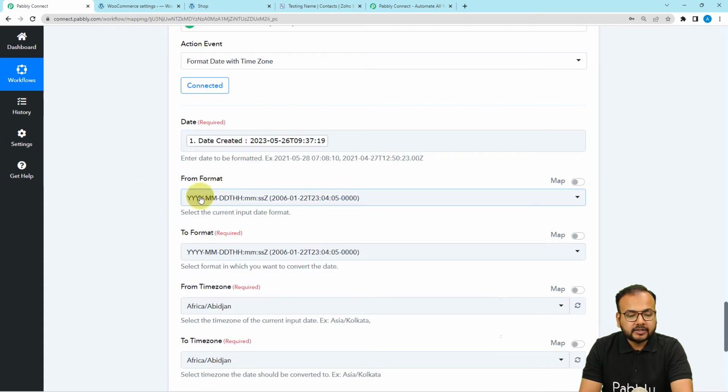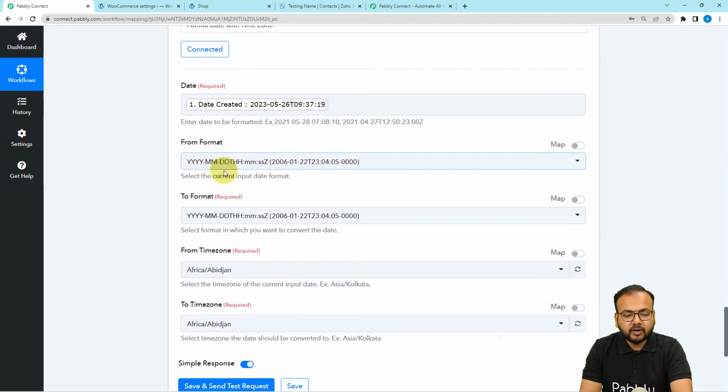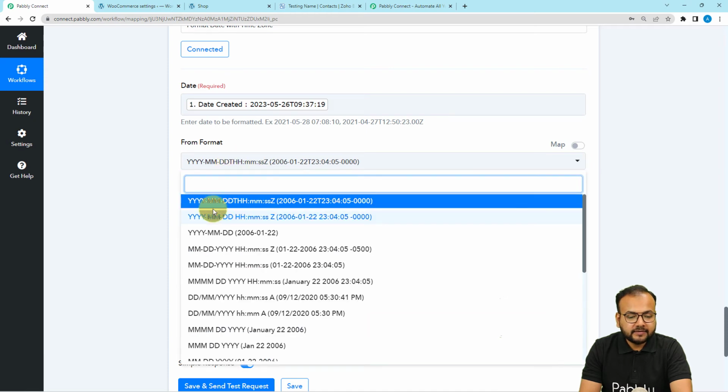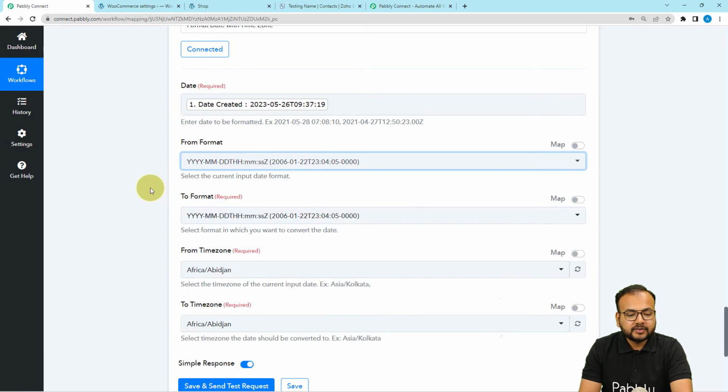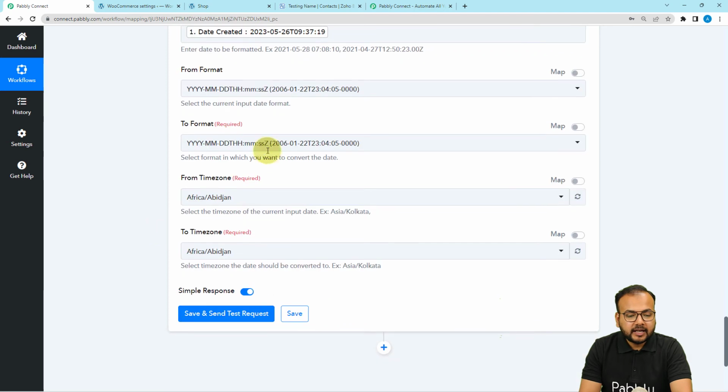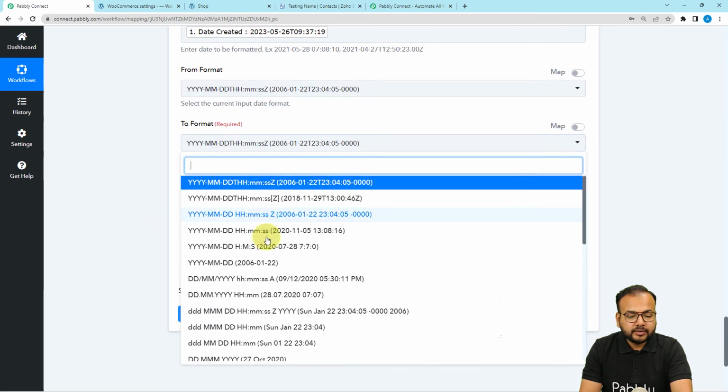Okay, and here it is asking from which format you got the date. So I got the date in this format, YYYY and a T in between, then hours, minutes and seconds. So this is the exact same format already selected. So select it, keep it as it is, and I'm going to convert it into the simpler YYYY-MM-DD version,